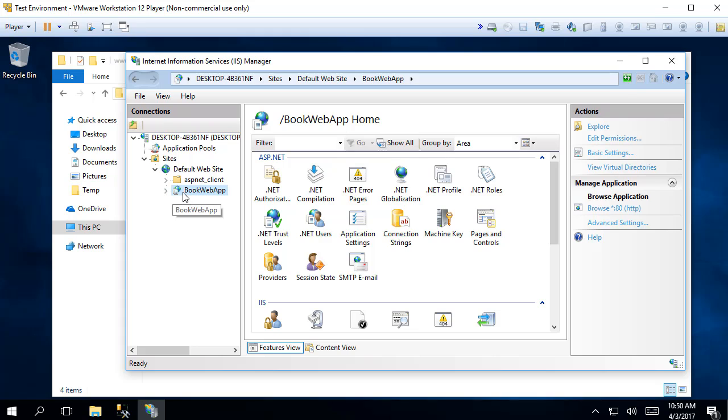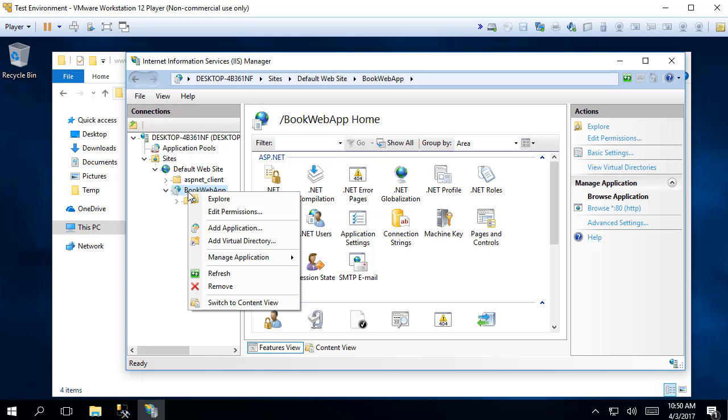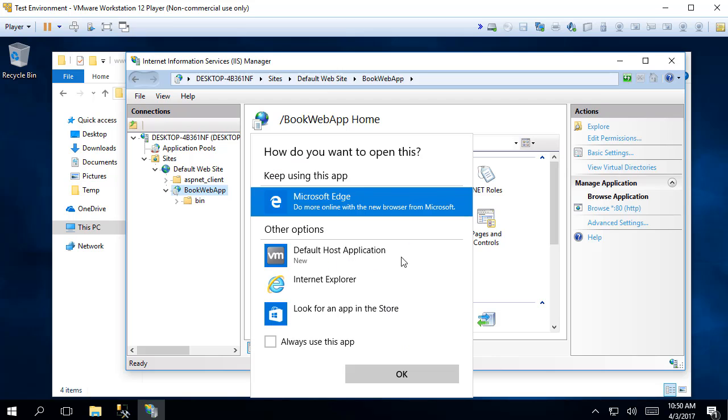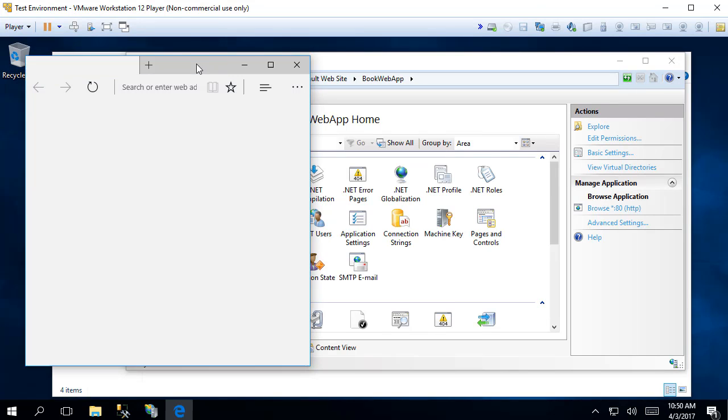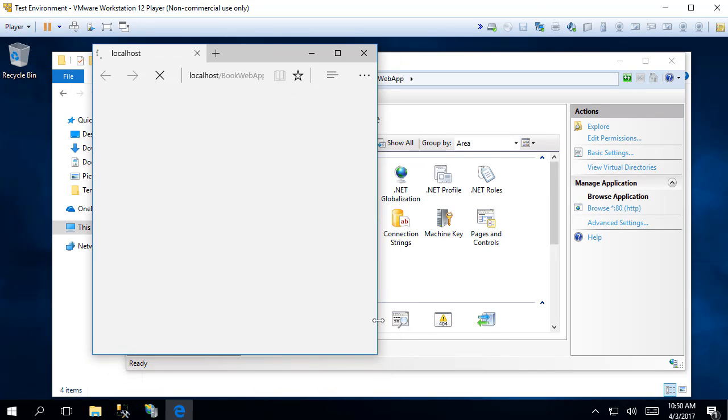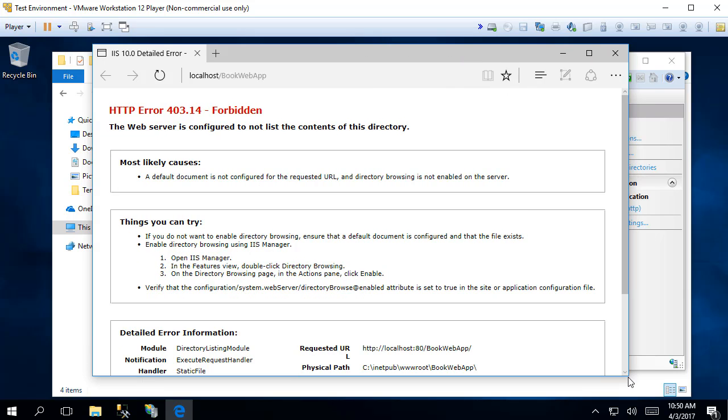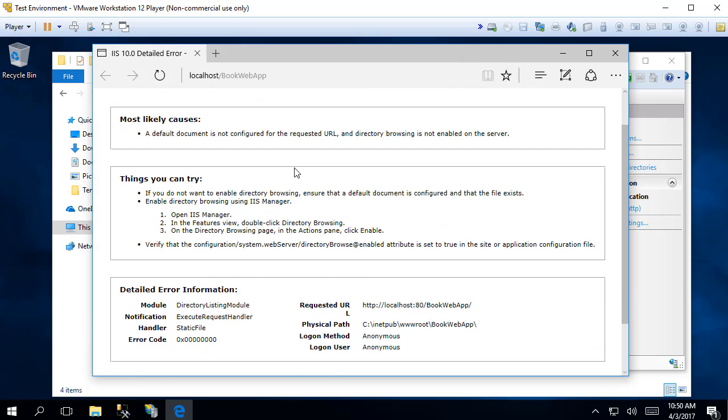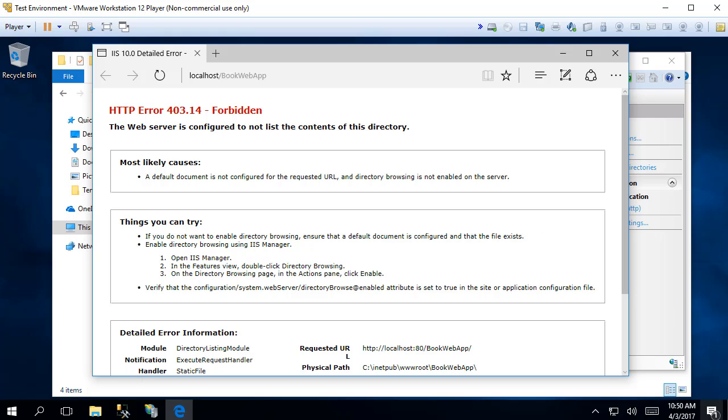And then in order to test it, I can just right click and manage application and select browse. Then I need to choose which browser I want to open it in. So I choose Microsoft Edge and click OK. And now, first time you see I got this error message, and this is because